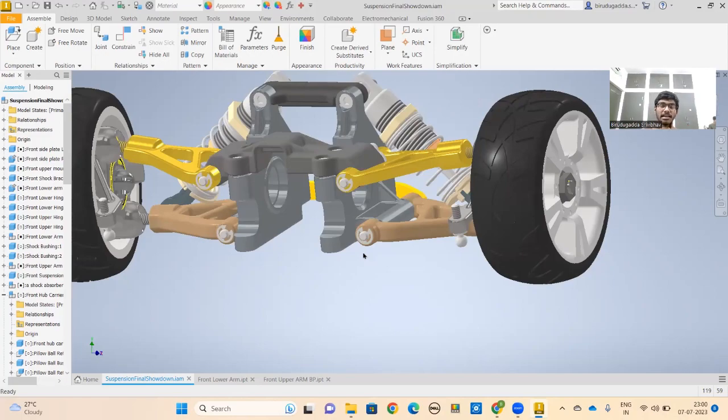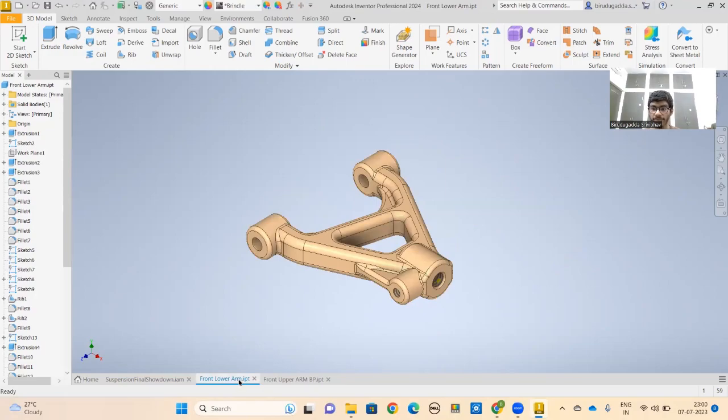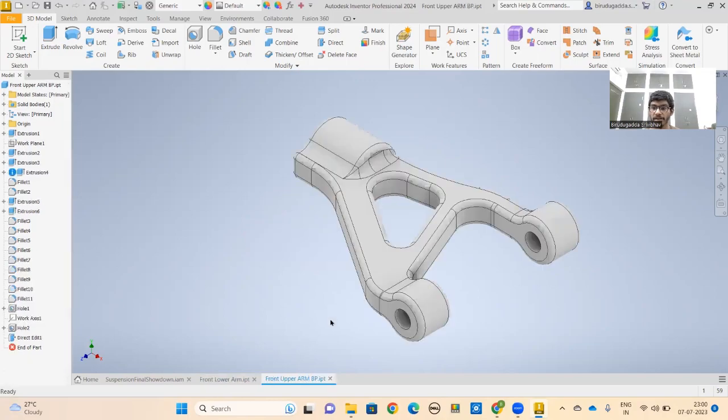Now the front upper arms and lower arms play a crucial role in distributing the overall vertical force faced by the car. The front upper arm and lower arm work together to control the wheel movement and maintain stability. So when the vehicle encounters bumps and road irregularities, the front lower arm absorbs the vertical forces, and the front upper arm helps to maintain the proper wheel alignment and the